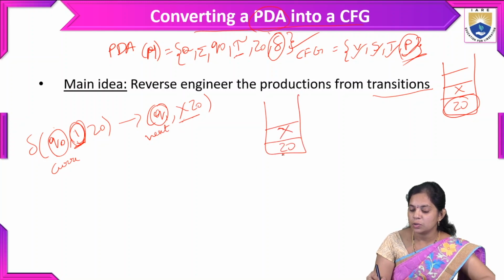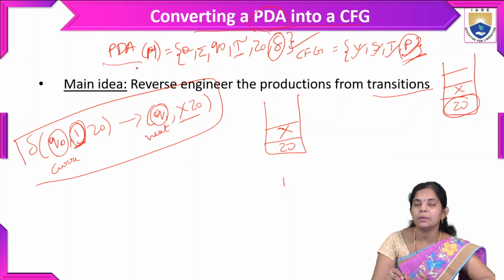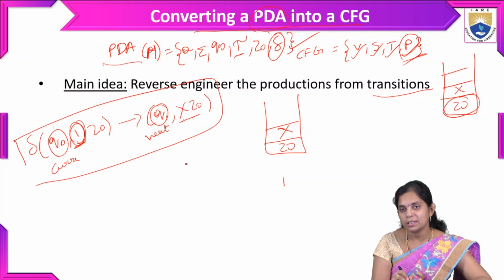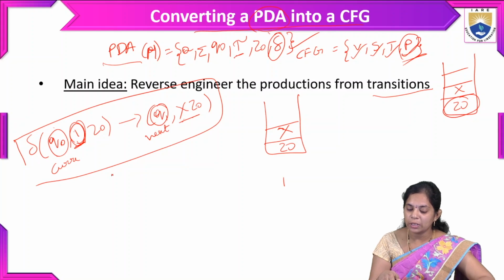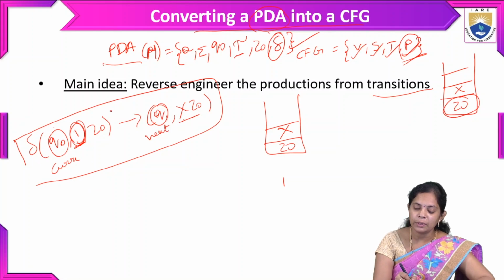So while reading 1, this is how the transitions are in the pushdown automata. Now this is the input, and